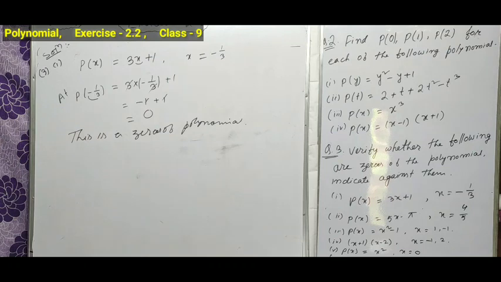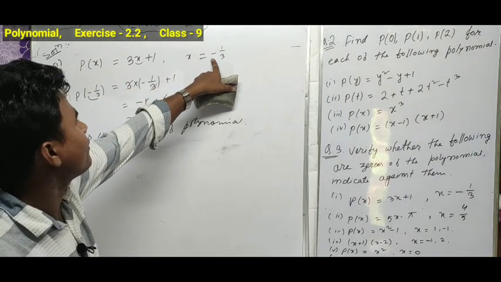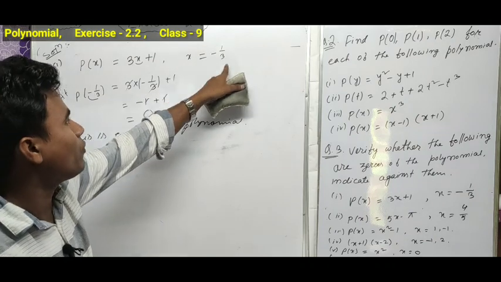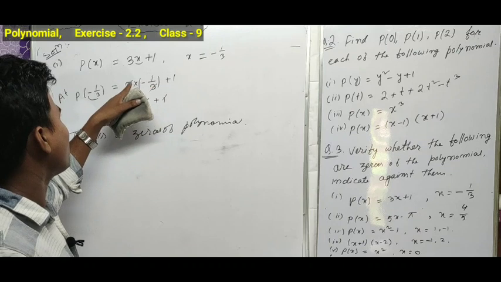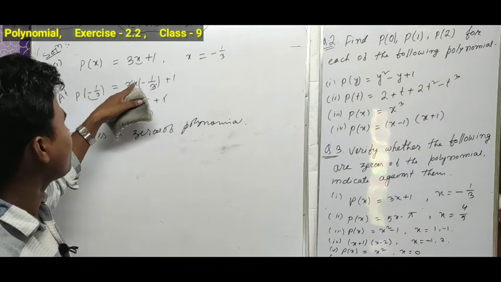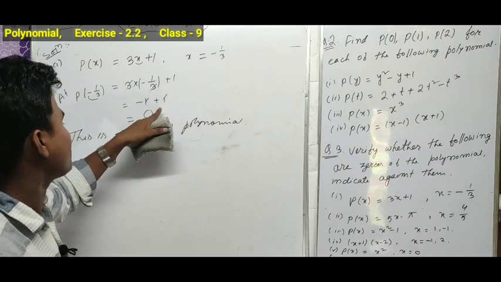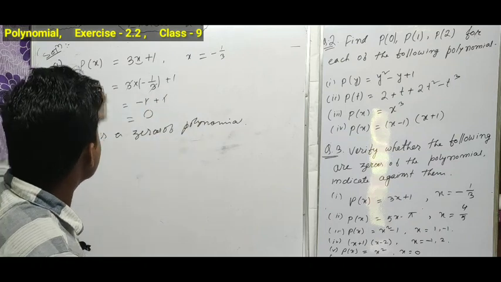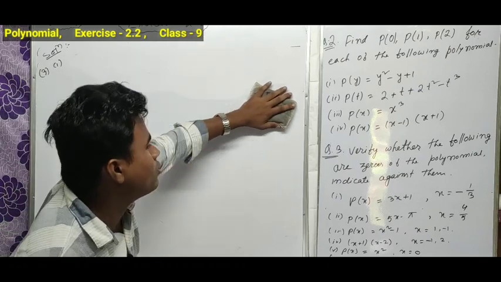Zeros of polynomial. Okay, so simple, I think. I just put here the value of x. What is this value of x? Minus 1 by 3. You can see this is minus 1 by 3, and then we can cut. This is upper portion, this is lower portion. Same thing we can cut, and then minus 1 only left, and here is plus 1 only left. Plus minus again it came, then 0 comes out. So we can say that it is a 0 of polynomial.